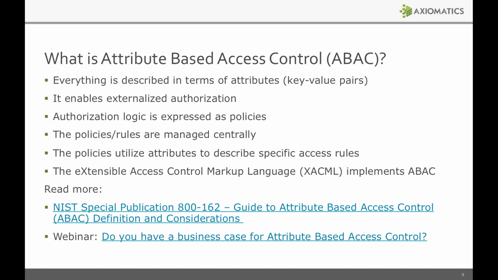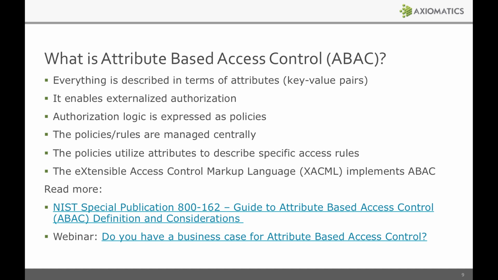So at a very high level, what is attribute-based access control? Well, it's an evolution from role-based access control where instead of just using roles and groups and permissions, we describe everything in terms of attributes. And attributes are just key-value pairs. For instance, age is equal to 18, location is equal to Vancouver, date is equal to the 1st of October, and so on and so forth. And in ABAC, there's no limit to how many attributes you can use. You can use as many attributes as you like, so long as you can find a value for that attribute.